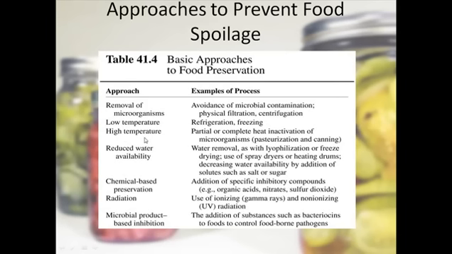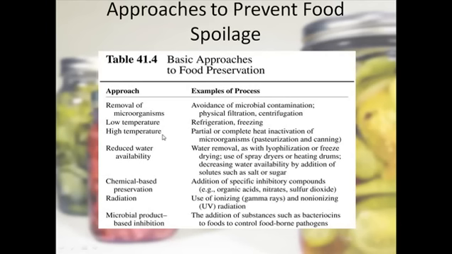Then you can use high temperature. We can also use what we call food blanching. What we are doing is actually cooking foods. By cooking those foods, we are inactivating microorganism growth by heating them at a higher temperature. Normally when we are cooking food, we are going sometimes over 100 degrees Celsius. So this temperature, over 100 degrees Celsius for a long time, can kill all those microorganisms that are present. So cooking food is really important. So don't eat any uncooked food, especially those foods which are perishable. Don't eat perishable food uncooked.